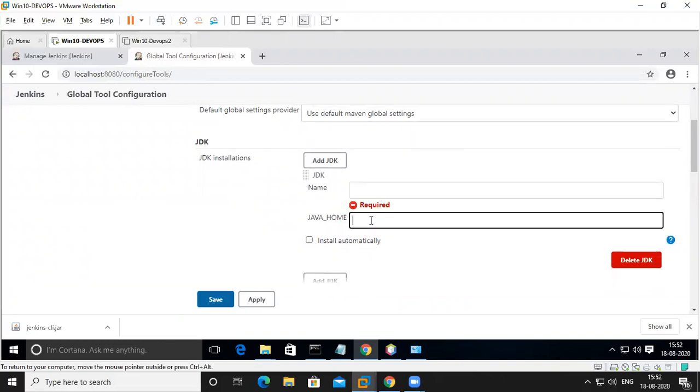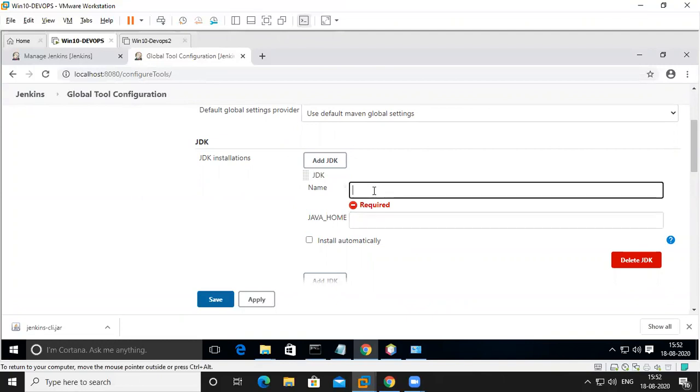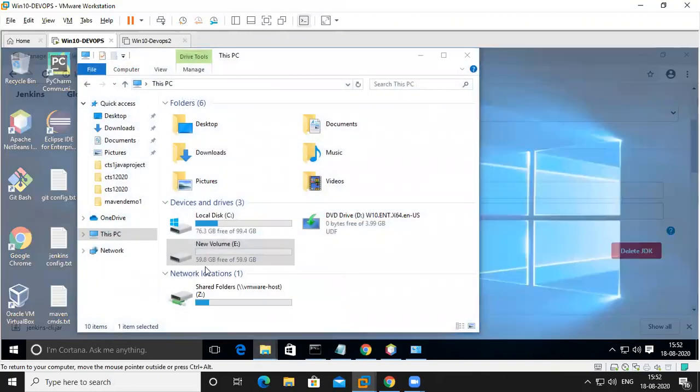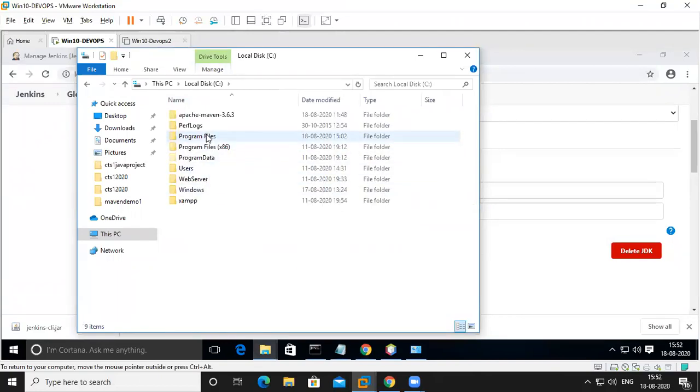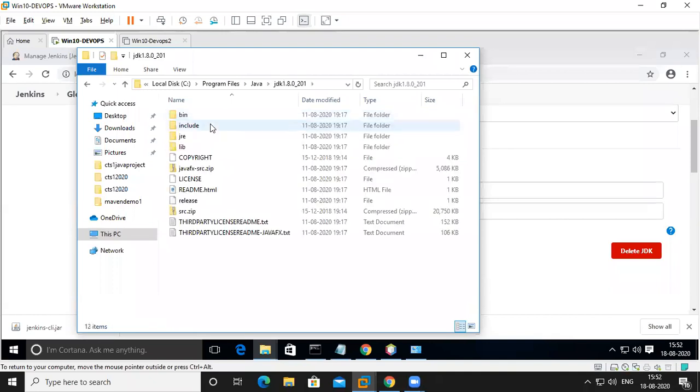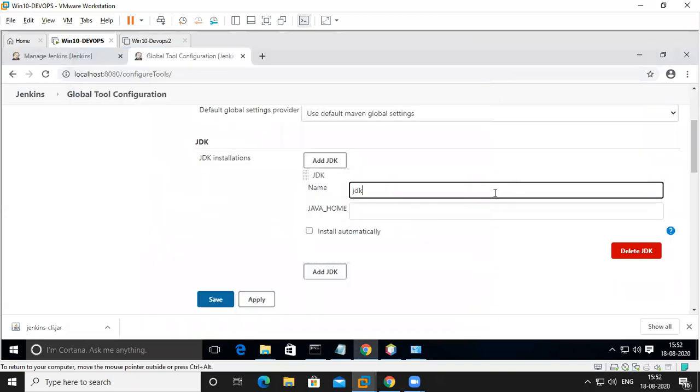Just give what is your JDK. Where is my Java? I installed both, 9 as well as 8. I can use anything, so I will use this one. First, I will put 8.